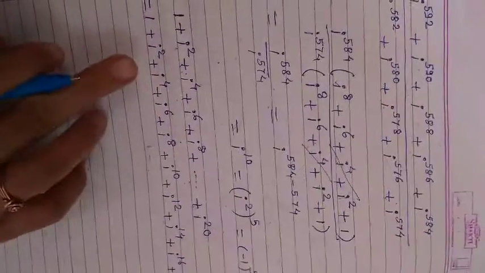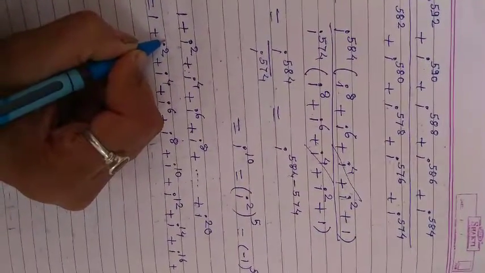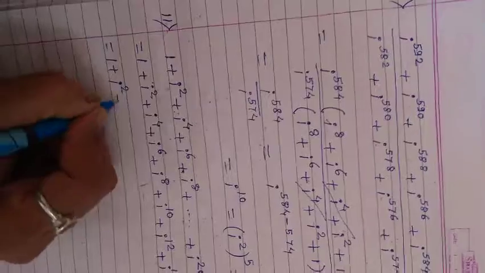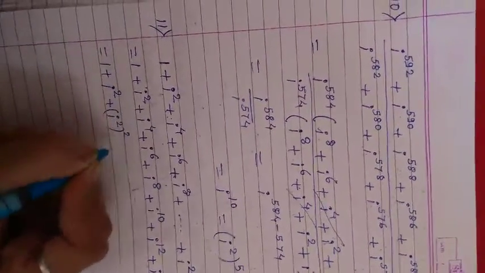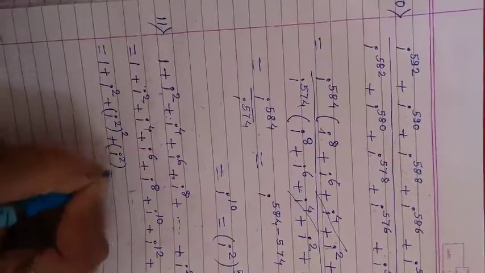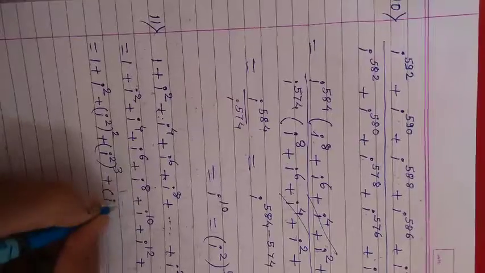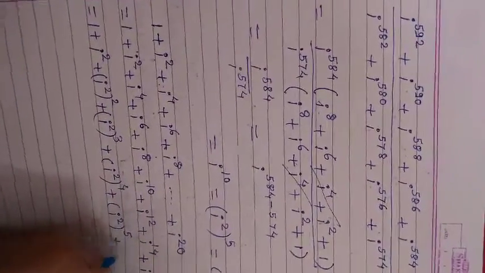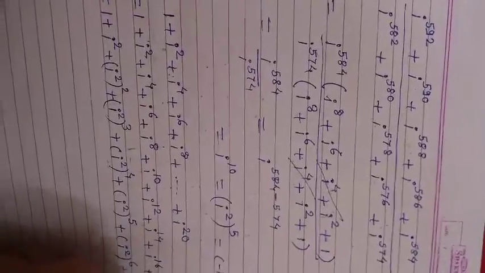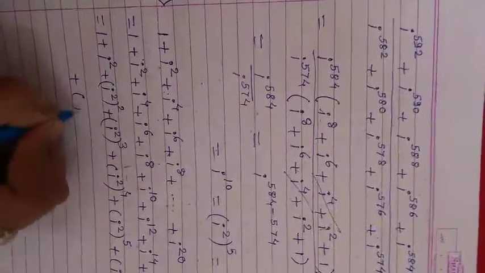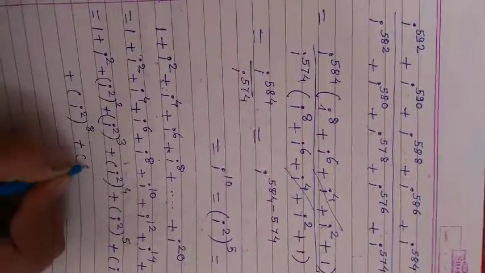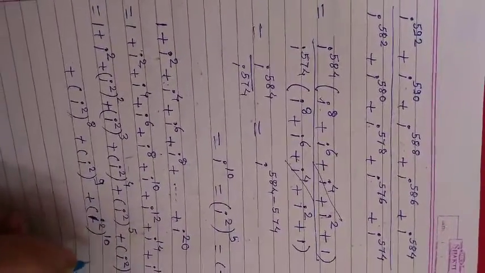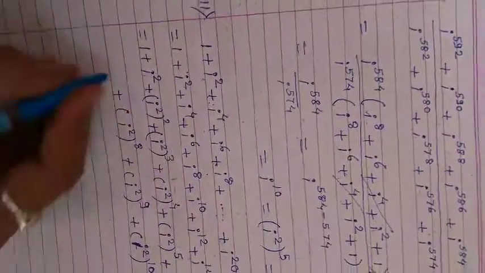So सारे इवन पावर है. सो अगर हम इनको ब्रैकेट बना देते हैं, जैसे i square नहीं भी बनाए तो i square as it is. i to the power 4 को हम लिख सकते हैं i square का square. i to the power 6 को लिख सकते हैं i square to the power 3. i to the power 8 को लिखेंगे i square to the power 4. Then i square to the power 5 plus i square to the power 6, i square to the power 7 plus i square to the power 8 plus i square to the power 9 plus i square to the power 10.